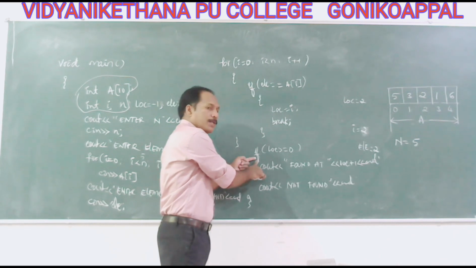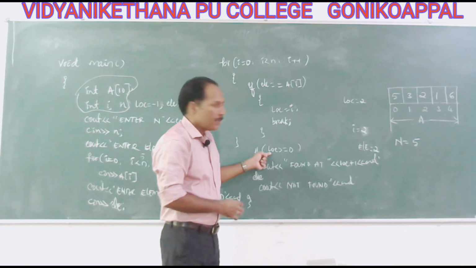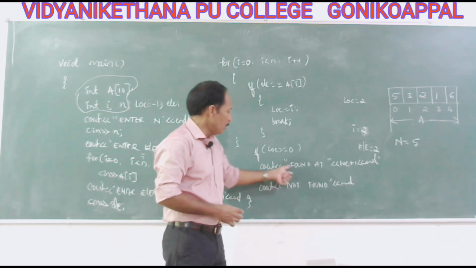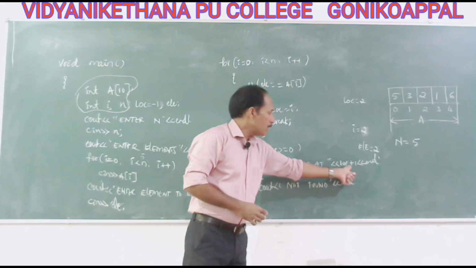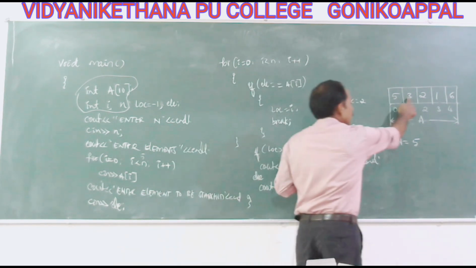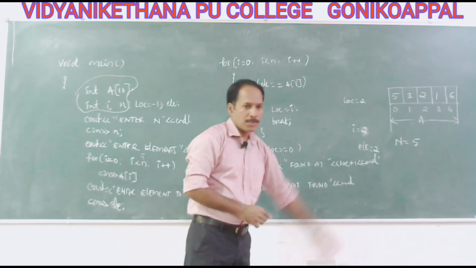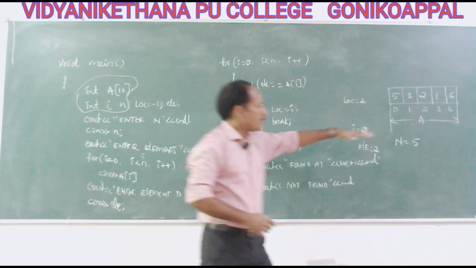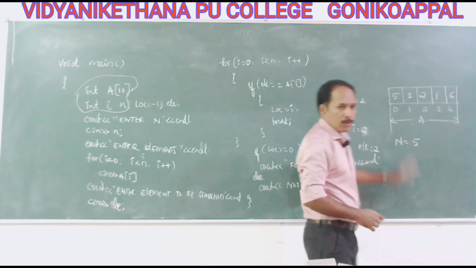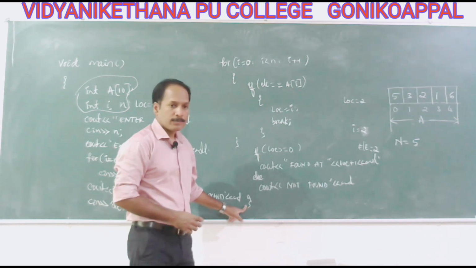After the loop means this statement. So what is your location? So value of location is 2. 2 is greater than 0? Yes, 2 is greater than 0. Found at 2. You can write element is found at 3, that is 1, 2, 3. But subscript is 2 and element found at 3. We can write LOC plus 1, because we want 1, 2, 3. So therefore, I wrote LOC plus 1. So element found. Next, program stops.